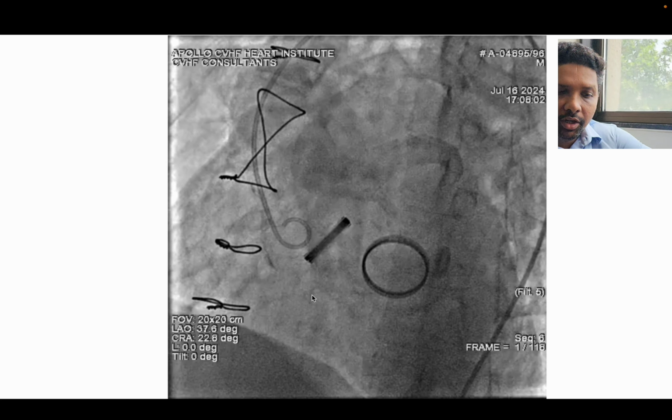Once we entered the LV, we put a pigtail there, and we positioned a Safari wire there. Safari wire is a TAVR wire used for TAVR procedures. It is like a jalebi wire for BMV, but much stiffer, having the stiffness of somewhere like an Amplatz super stiff wire. But it gives much more support, and it protects us from rupturing the LV also. In this case, I needed more support than usual, and see, in the end, somehow I had pulled the wire, but it did not come out because it had a J shape, and it got stuck into the wall, and that helped me. Subsequently, I was able to push the wire in,